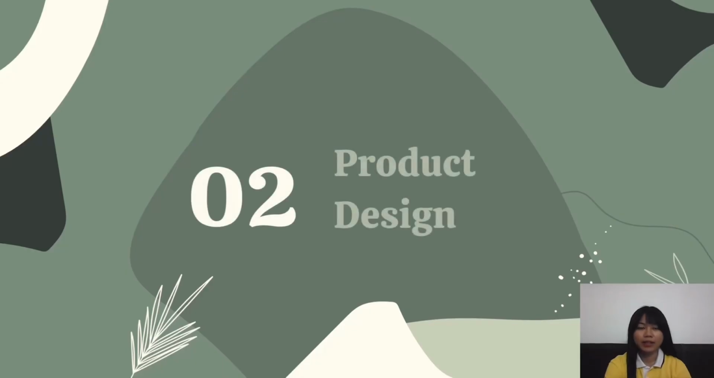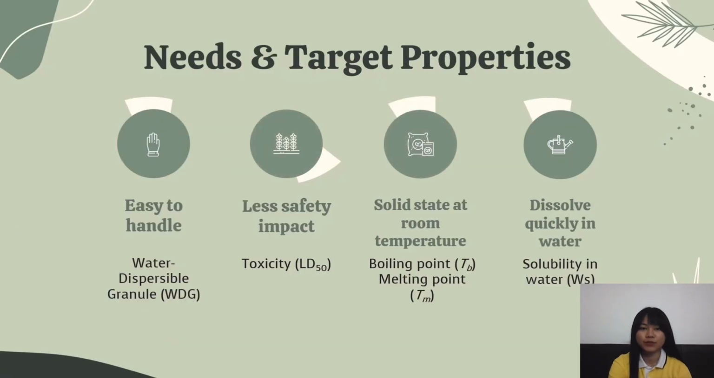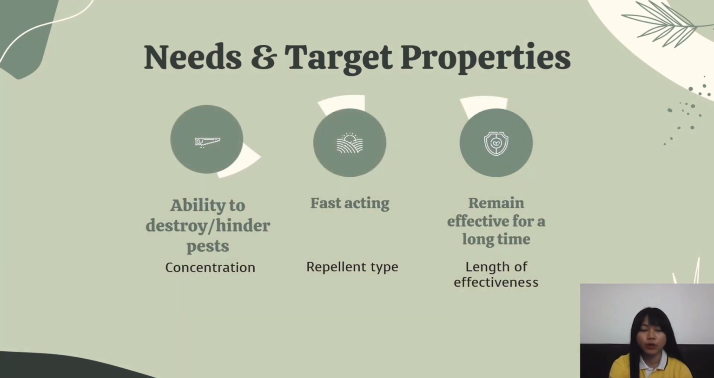Hi, I'm Yiling, and I'll proceed with the explanation of product design. The problem formulation is to develop a promising solid formulation of active ingredients for herbicides or pesticides. The active ingredient should be easier and less hazardous to handle. It should have less safety and environmental impact as well. The problem can be transferred into the following needs and target properties: easy to handle, less safety impact, solid state at room temperature, dissolve quickly in water, ability to destroy or hinder pests, fast acting, and also remain effective for